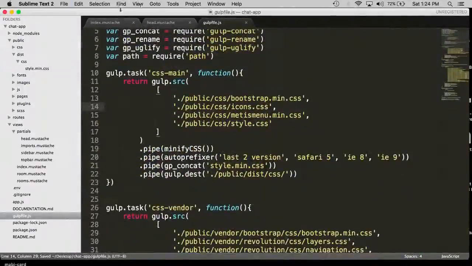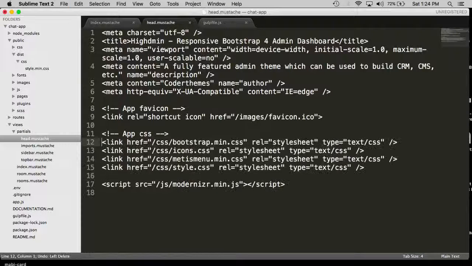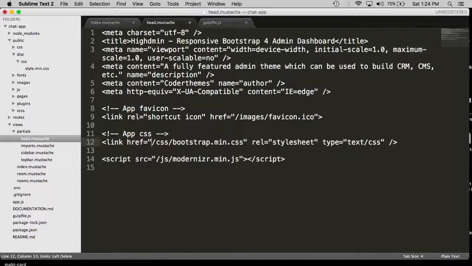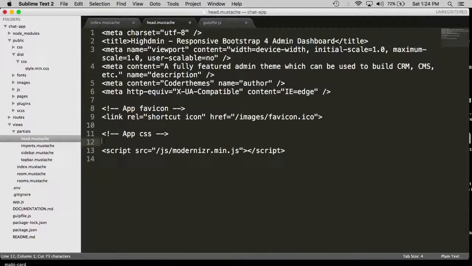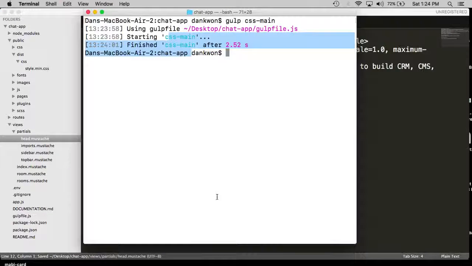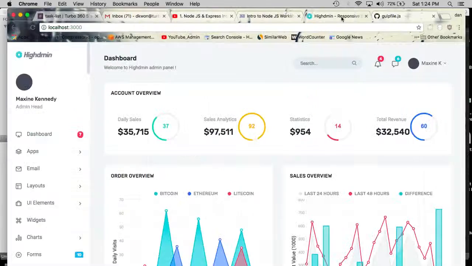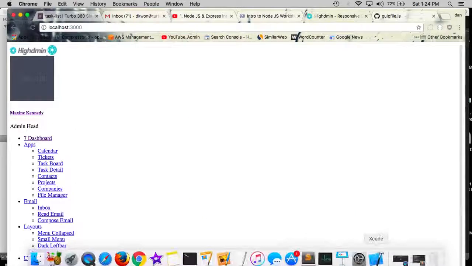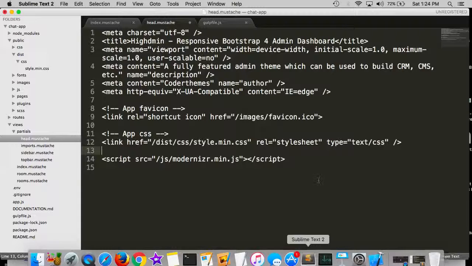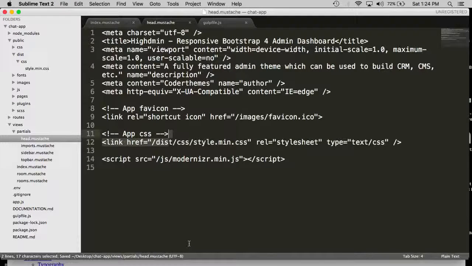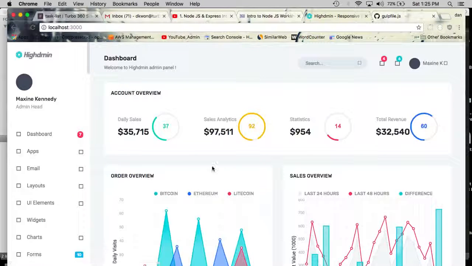So that's done. So now what we can do is we can take this, and instead of importing all 4, we can do dist css style.min.css. So if I get rid of this altogether, just completely get rid of the CSS. Now there are no CSS imports. So if I reload the page, obviously it looks like this. If I import the minified version, the compiled version, I'm right back to where I was before. So everything looks good,